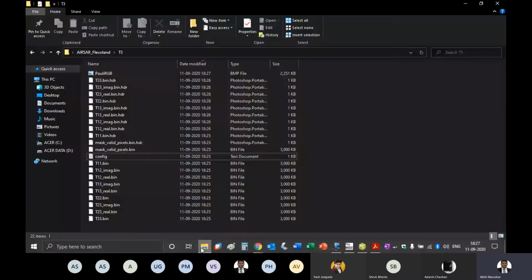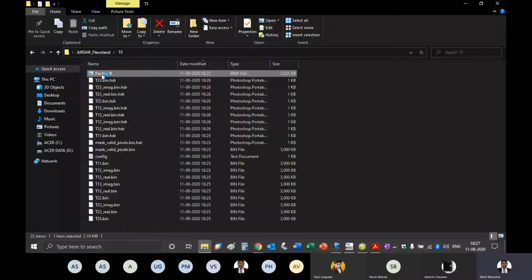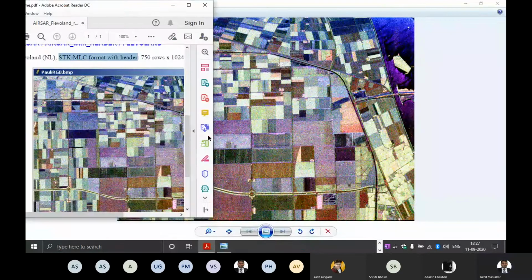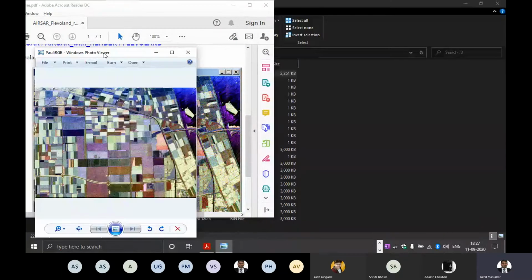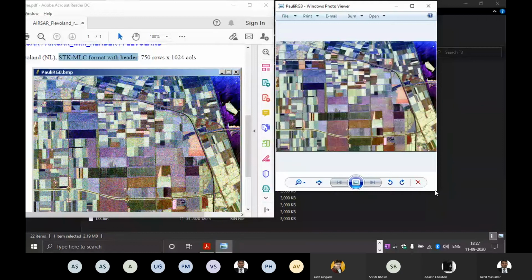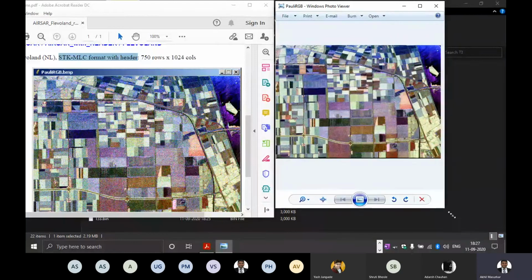You can see here that the RGB file is ready, and once you open it, I'm sure it looks the same way that was there in the PDF. If I'm not wrong, it looks exactly the same way. So you can see it for yourself and just confirm before going ahead that what is there in the PDF is there.